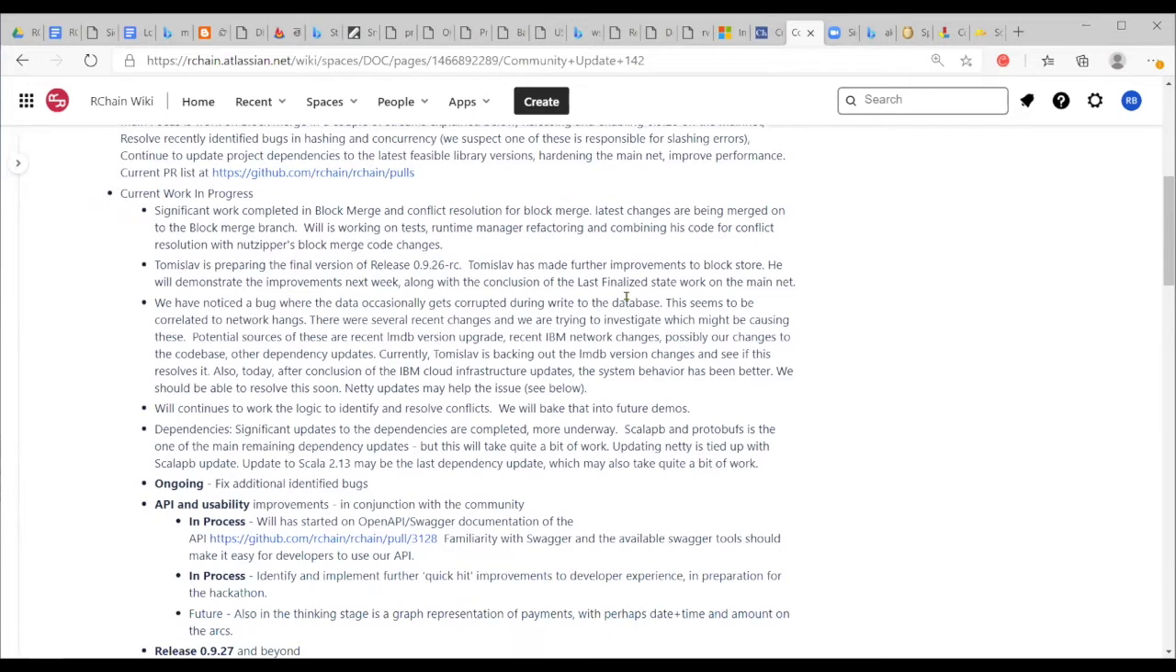There are a bunch of tests that need to be either written or modified to make sure that we can validate that the block merge is working as intended. So that activity is being done. And so at some point, we'll at least have the initial version of the code base that combines the conflict resolution and